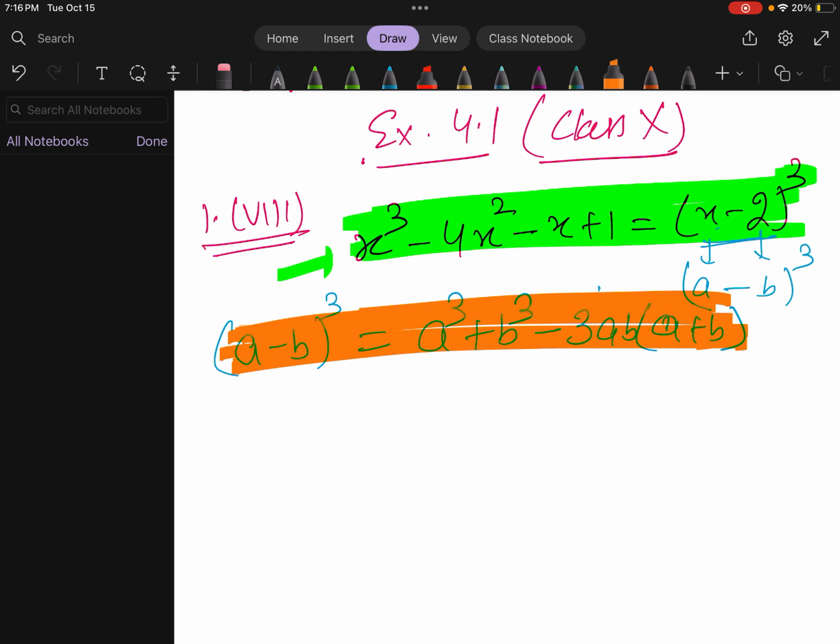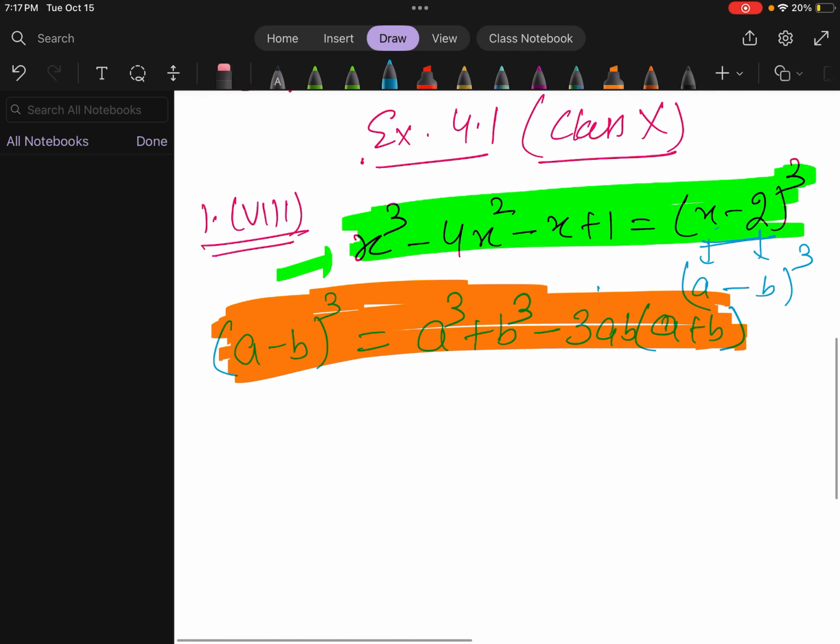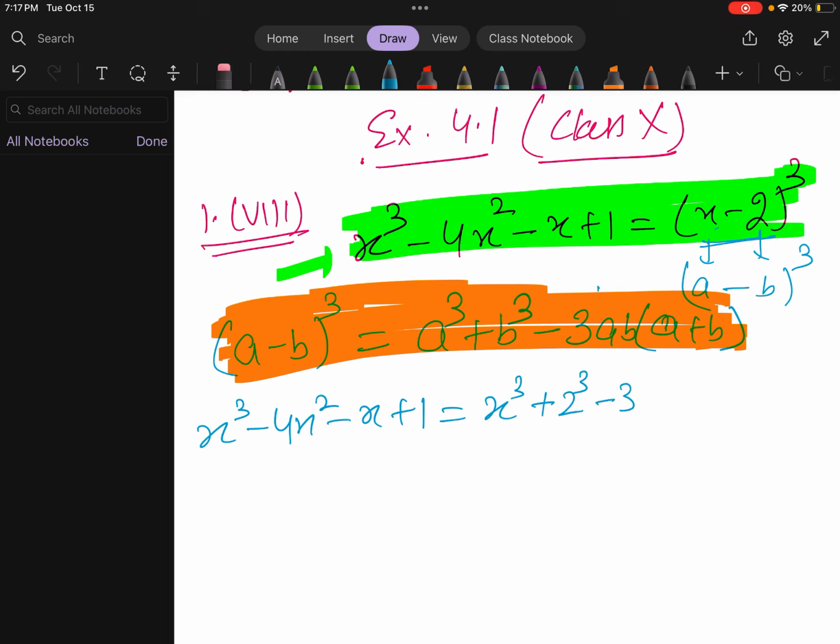Without the formula you cannot solve this. First of all, you should have the formula. Okay, now we have written the formula. Now we will come to the calculation part. So we have x cube minus 4x square minus x plus 1 is equal to, and we substitute this value, x cube. This is equal to, when we do the cube of this one, minus 3 into